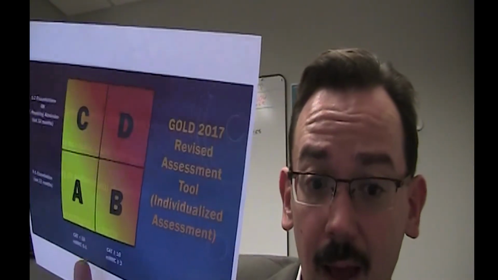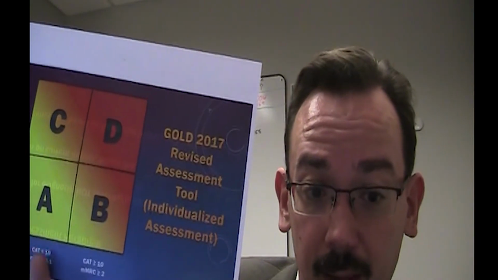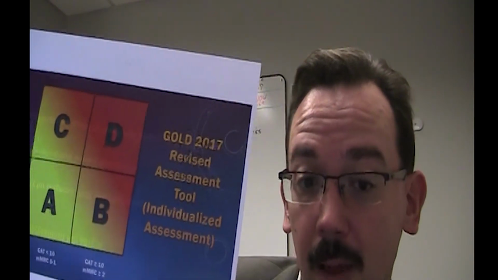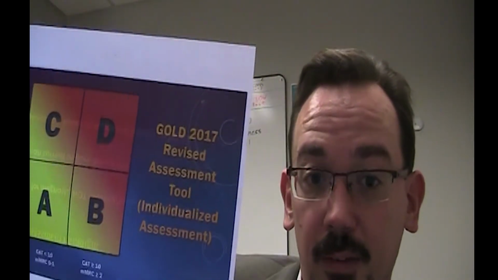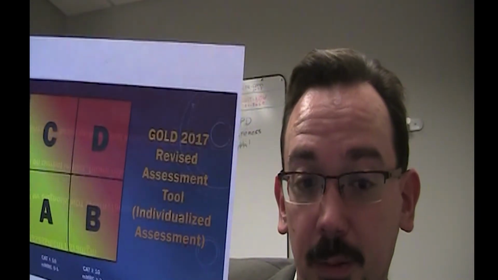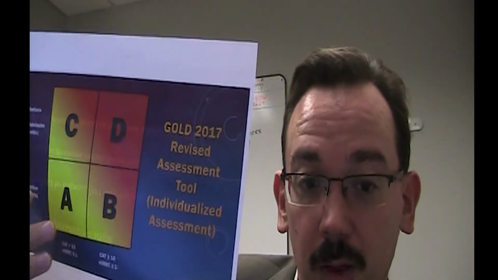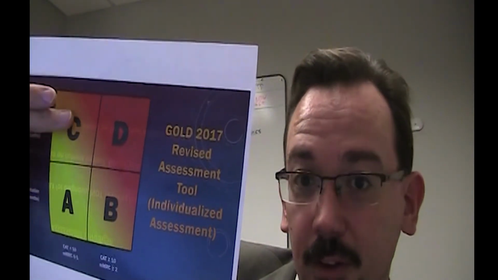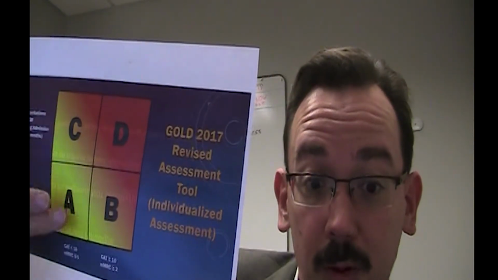Now, along this line is the symptom impact scores. That CAT score, if it's less than 10, then you have relatively low impact. If it's higher than 10, then you have relatively high impact. And so that's where we start seeing these severity assessments come into play. And that's how you can move from one to another. If you've had 2 exacerbations in 1 year, maybe you're in this group C here. But then the next year, you're doing pretty well, you're much better controlled, and maybe you start moving into the lower risk area. And so there are a couple of different strategies. That's the one that I prefer. That's the one I think is most beneficial, most accurate, most practical. And that's how you go back and forth between the two.